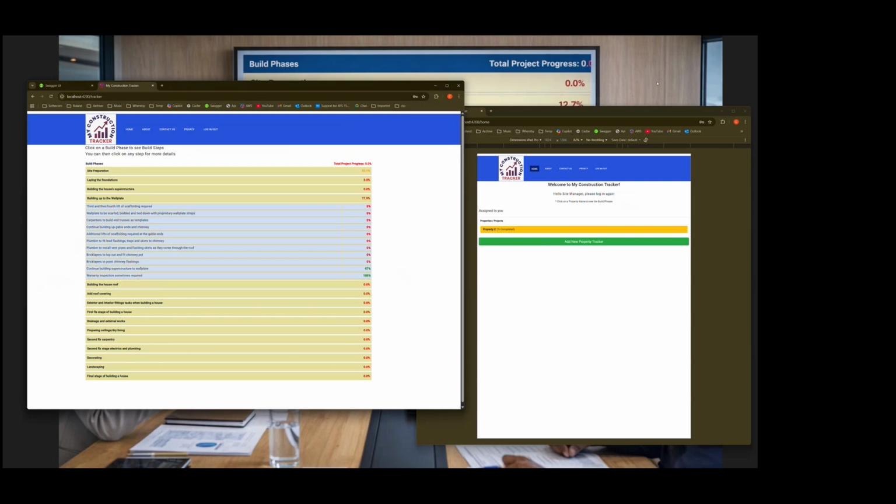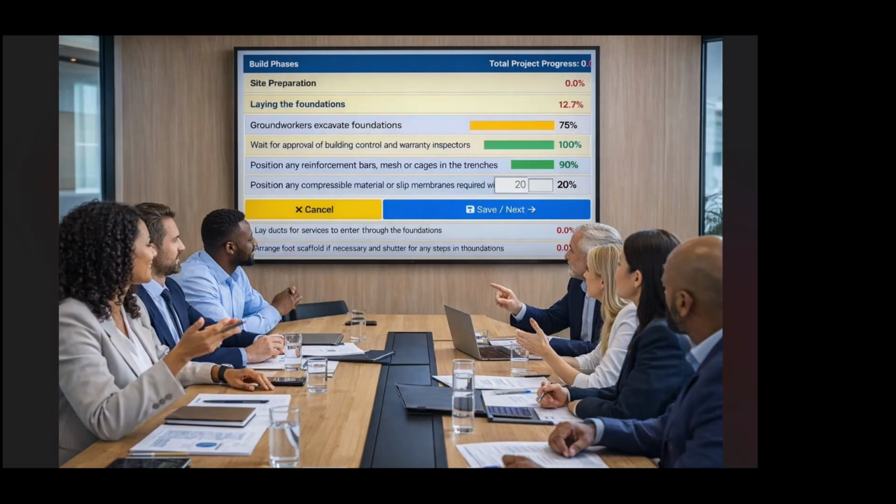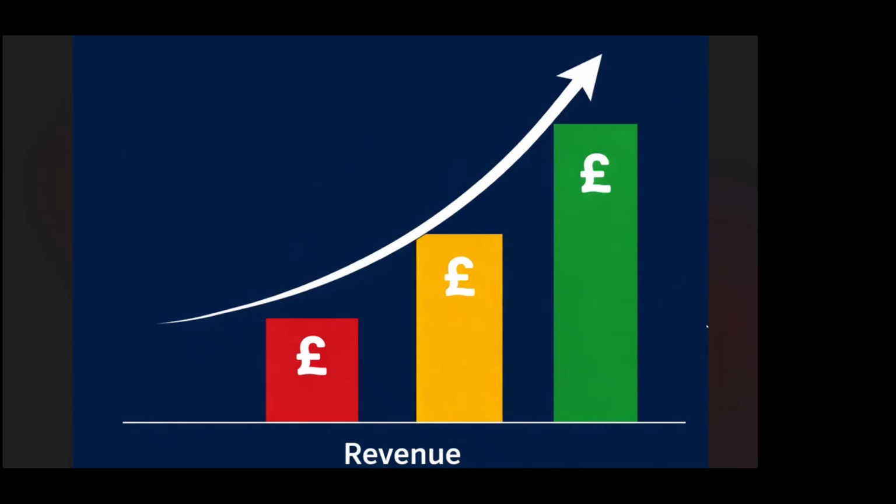And of course, once the good decisions are made, everyone is happy because it's good news for